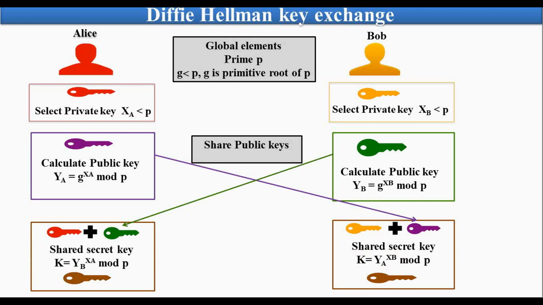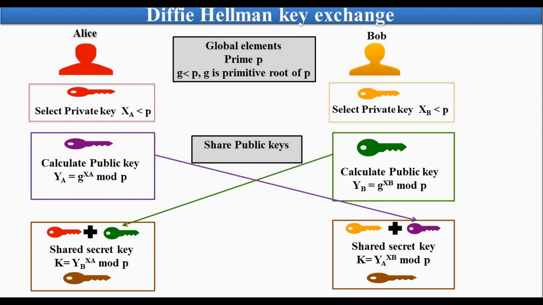So using this shared key, after exchanging the public keys, they can perform any symmetric encryption later. For example, using this key, they can use the AES algorithm to encrypt the message and to decrypt the ciphertext. So this is how Diffie-Hellman key exchange is used. So Diffie-Hellman key exchange is itself an asymmetric key cryptographic algorithm, but it is not used for the purpose of encryption, but is used only for the purpose of key exchange.